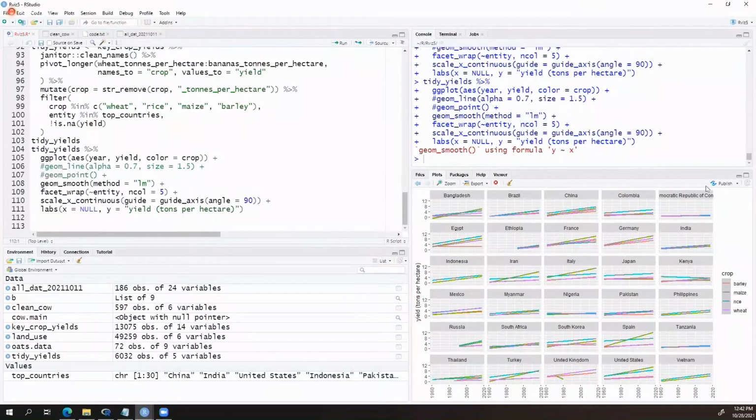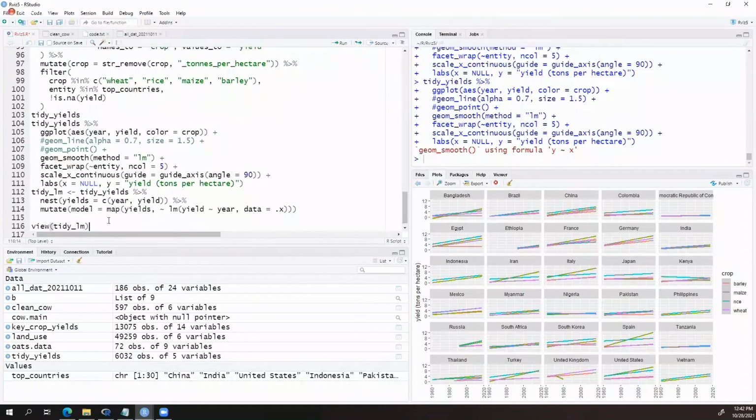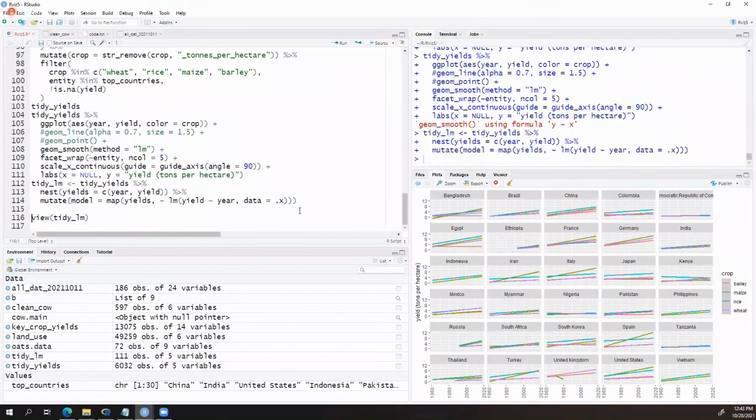And so the next thing we're going to do is, let's see, did we create tidy LM yet? We have not. So the first thing we have to do is create the tidy LM object, which is using a linear model for the tidy yields.